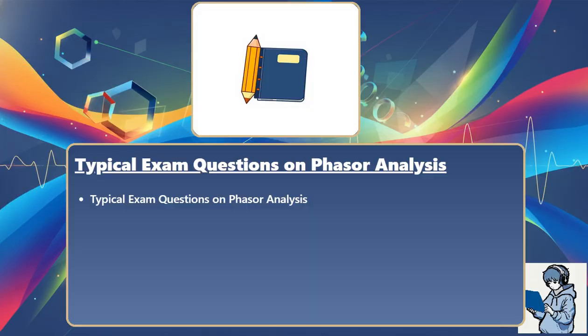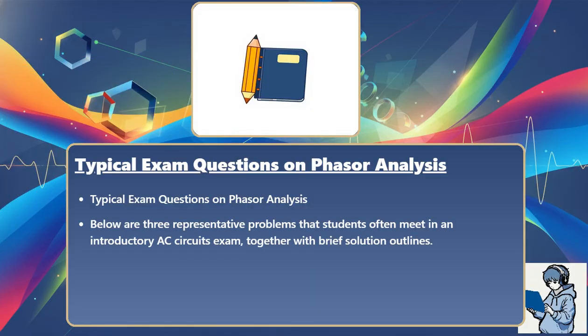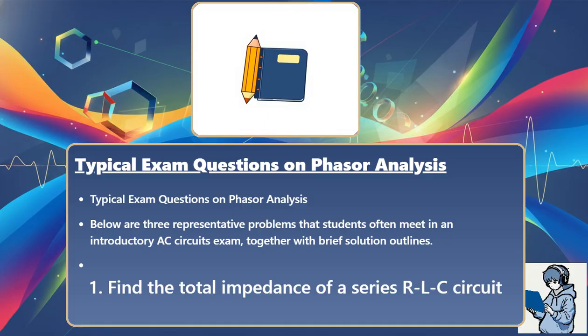Typical exam questions on phasor analysis. Below are 3 representative problems that students often meet in an introductory AC circuits exam, together with brief solution outlines. Number 1: find the total impedance of a series RLC circuit. Given R equals 30 ohms, L equals 25 millihenries, C equals 10 microfarads, frequency f equals 60 Hz, omega equals